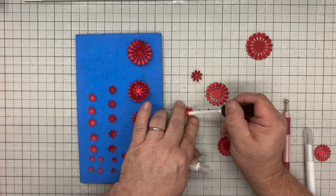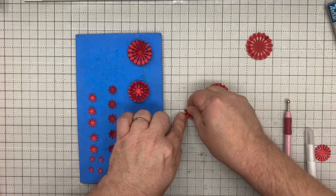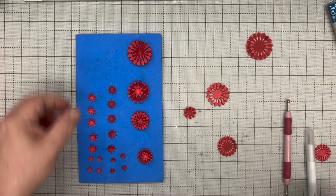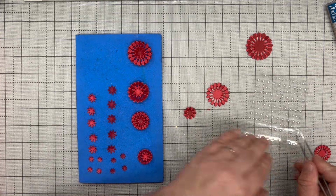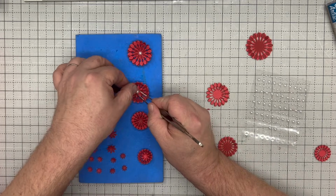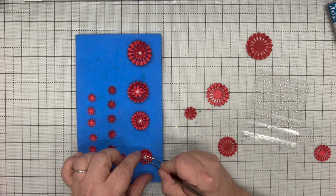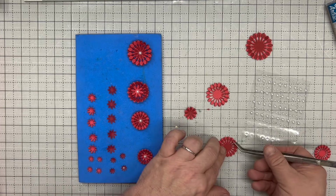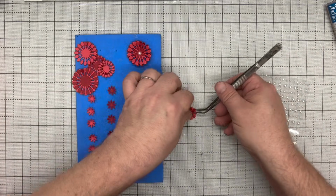So what I like to do with those is to just pop those together and make myself again a slightly different flower, and then just bring in, I've got some of the Craft Artist stick-on pearls, and I'm simply going to add a large pearl into the centre of each of these flowers. And for the smaller or the tinies, we're just going to add the smaller pearl into the middle, just like that. So I'm going to move these out of the way just so that you can see what we get